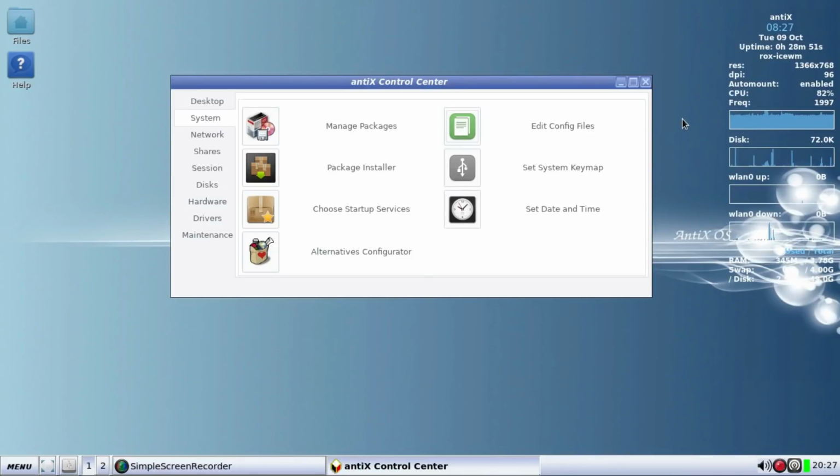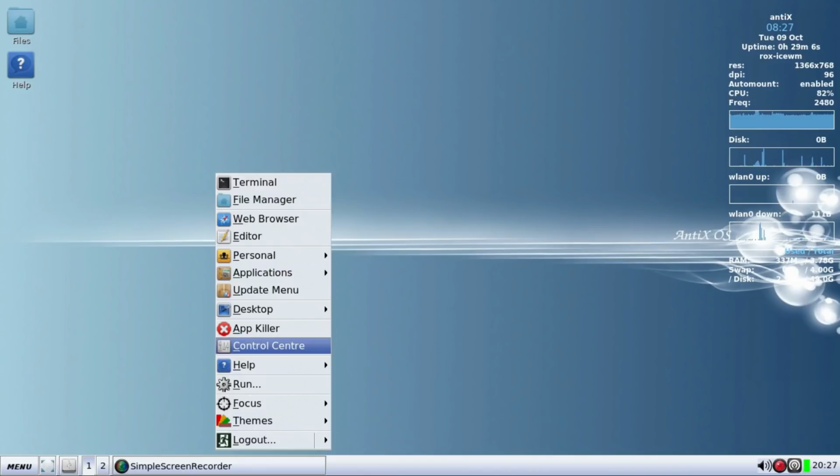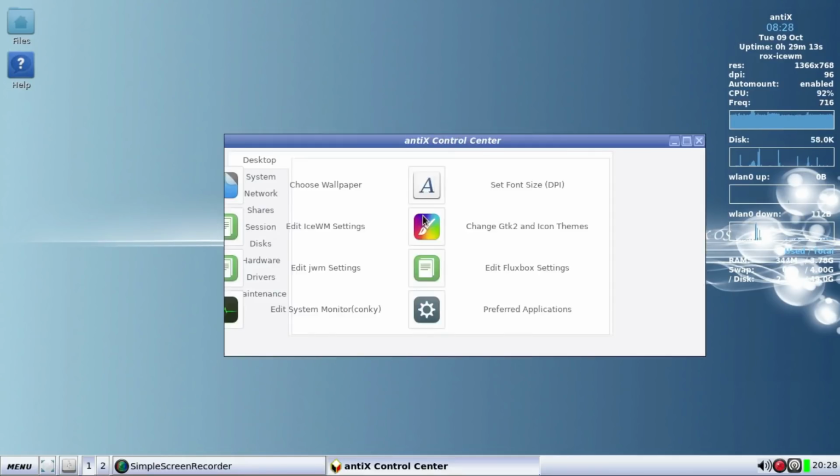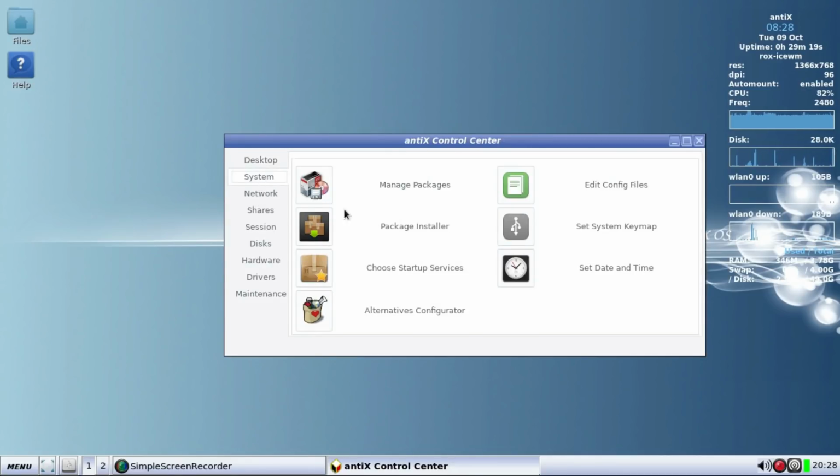That's an easy way of getting to your config files. As you can see, I'm probably not as comfortable in here as what I am with most of the other distros that I use. So what I'm going to do, I'm going to go to the system and package installer